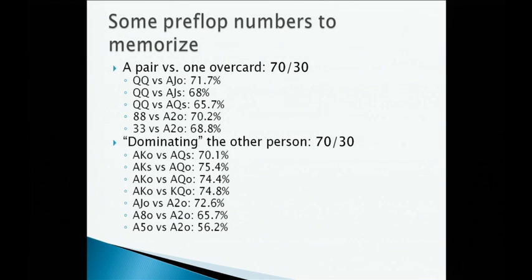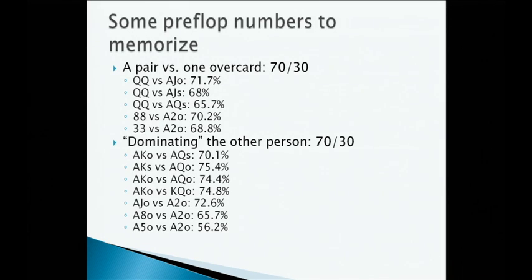I think this is a bit counterintuitive. Against ace-jack suited, I always thought they have more outs, since they can hit three jacks. But it turns out the fact that they have a queen to prevent you from hitting three of a kind, in the situation where they've already hit an ace, is a lot more relevant. So queens is much worse against ace-queen than ace-jack. And pocket 8s against ace-2 off is 70.2%. Pocket 3s against ace-2 off is a bit worse because, once again, small pairs can get counterfeited when you go all in pre-flop.